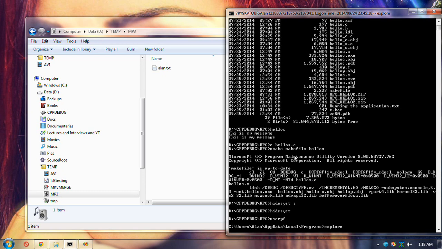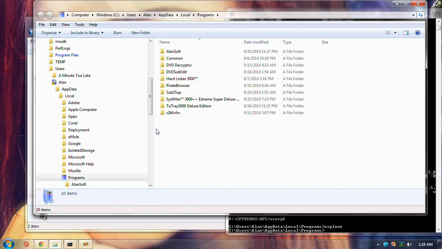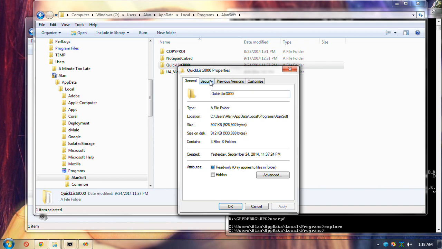Now, you know how program files is set up to protect you by disallowing non-administrators to write to those directories. I've been doing the same thing here. The quick list should currently, I won't be able to install there.